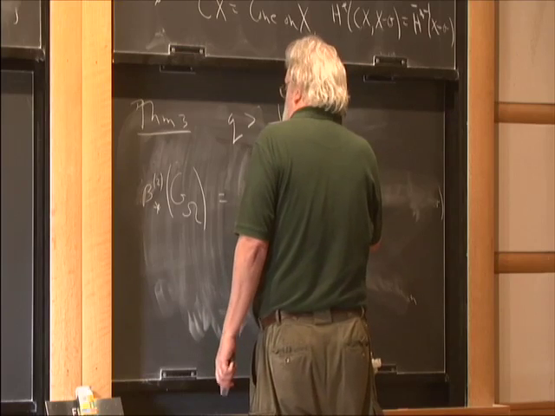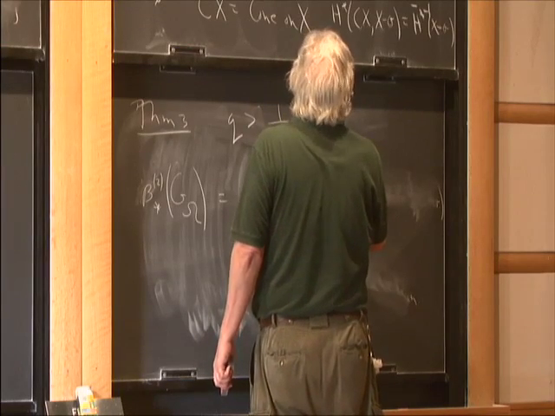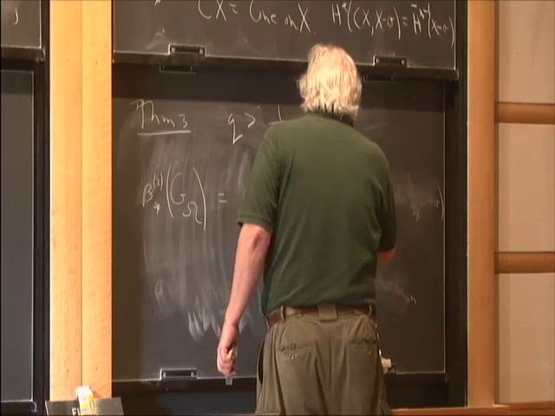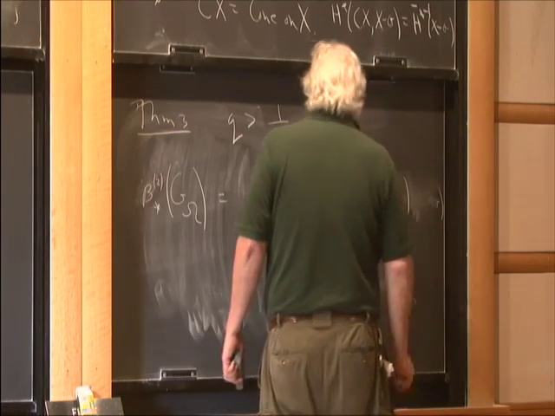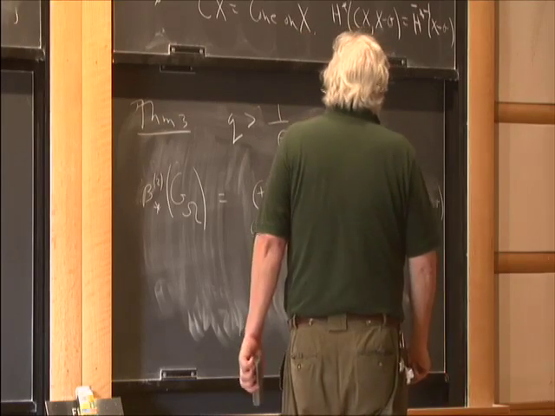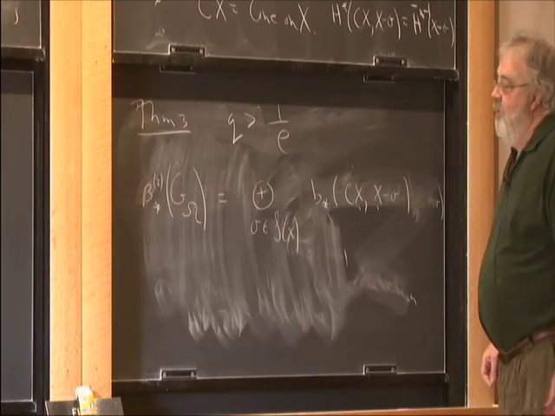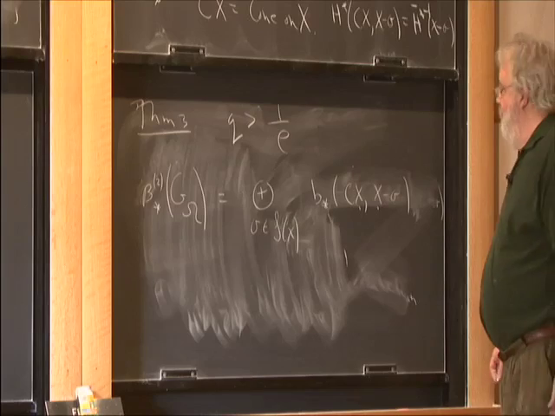Let me call it the ordinary dimension of the cone on x, comma x minus sigma. That's the ordinary Betti number, and then it's times some explicit rational function